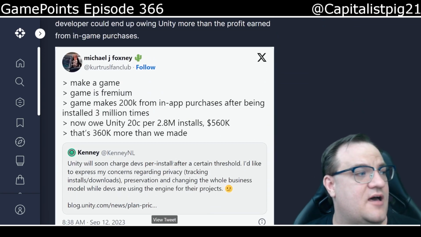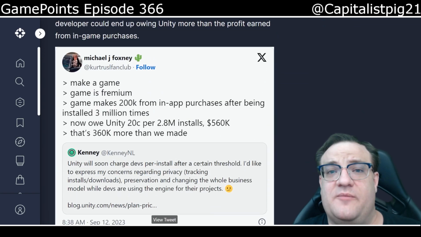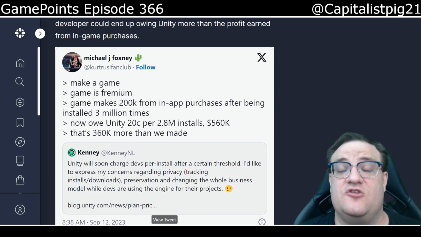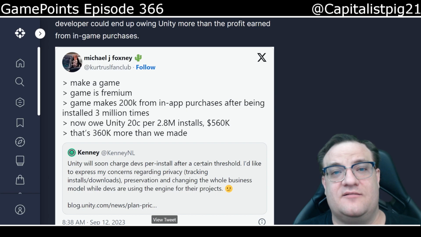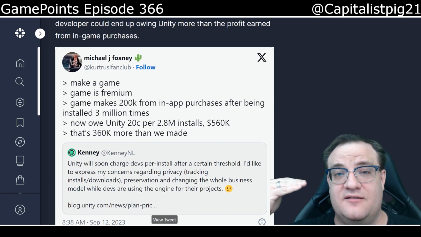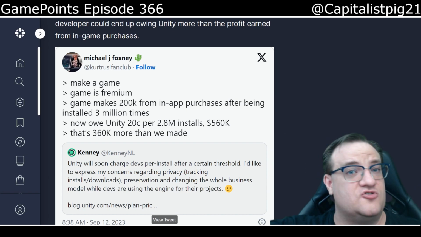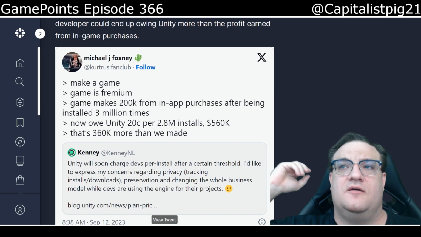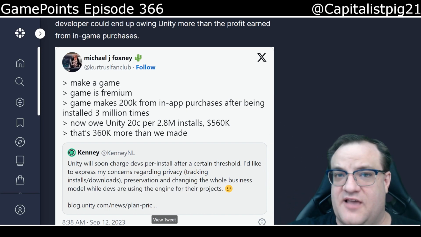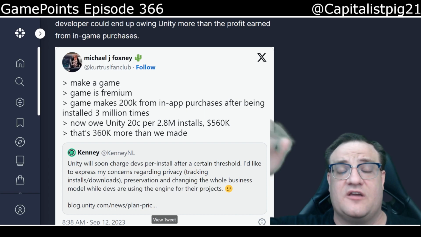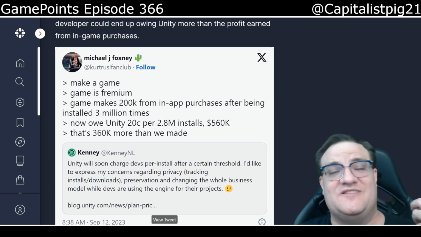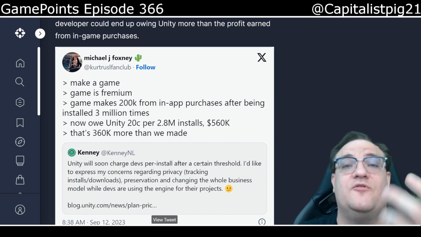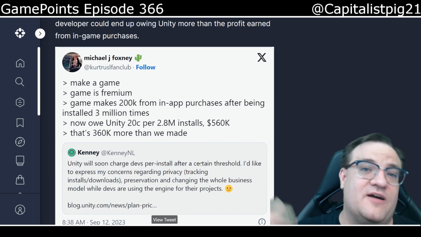You have other people talking about, like, if it's a freemium game, you download the freemium game, meaning you don't pay for the game. If a developer gets no money from the initial download, they're hoping that microtransactions feed that whale. But Unity still takes a cut. It's not even a cut of what you're getting, they just charge you a fee for it. So every time that someone downloads a freemium game, the developer is getting hammered by Unity.